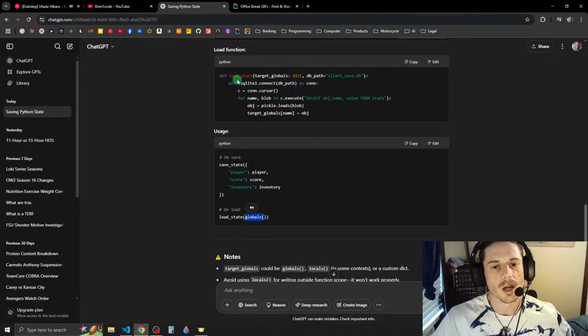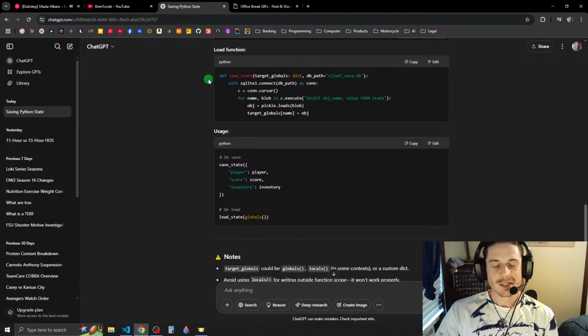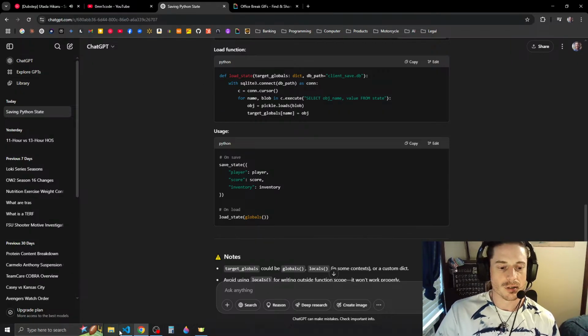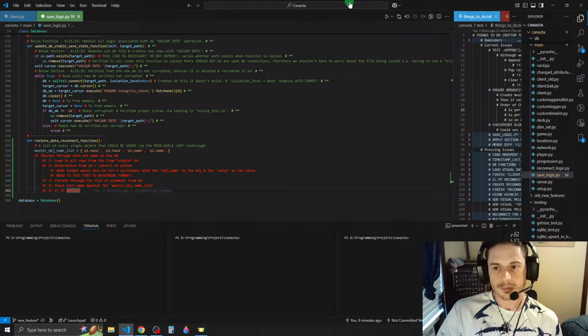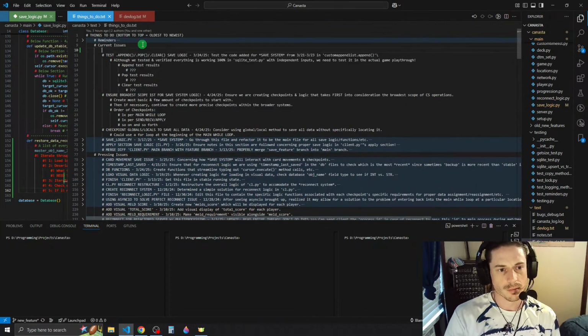Oh, and you can use a context manager for SQLite without having to. Damn, I'm a dumbass, man. I didn't even know this. I could have been using the context manager. Okay, so we're going to have to use that.